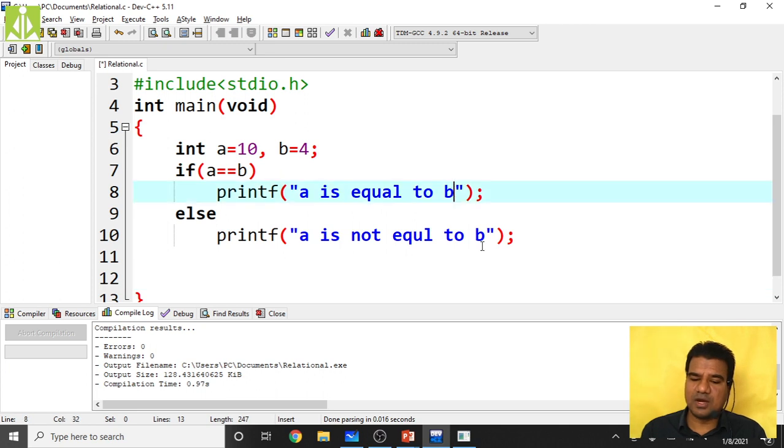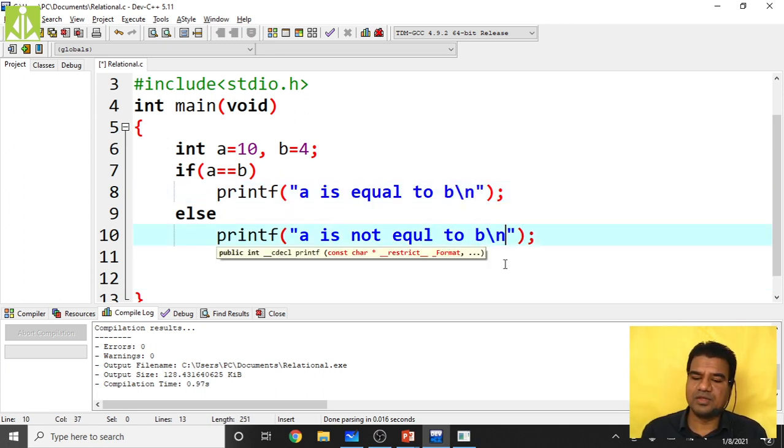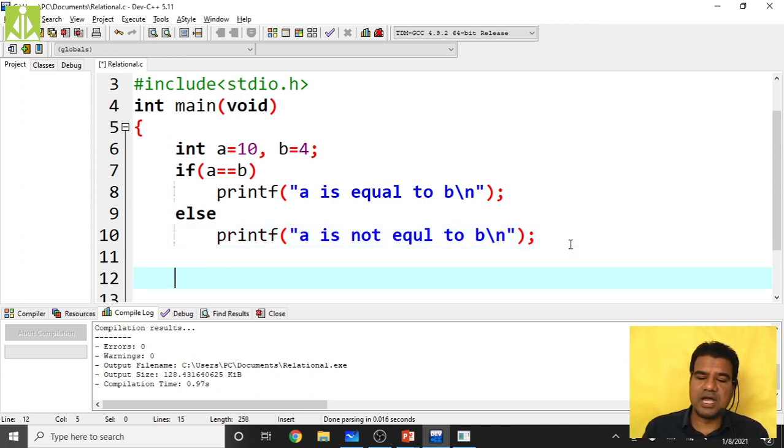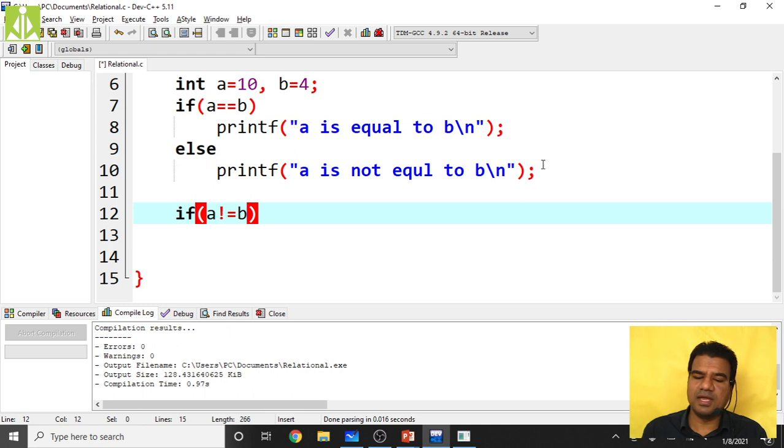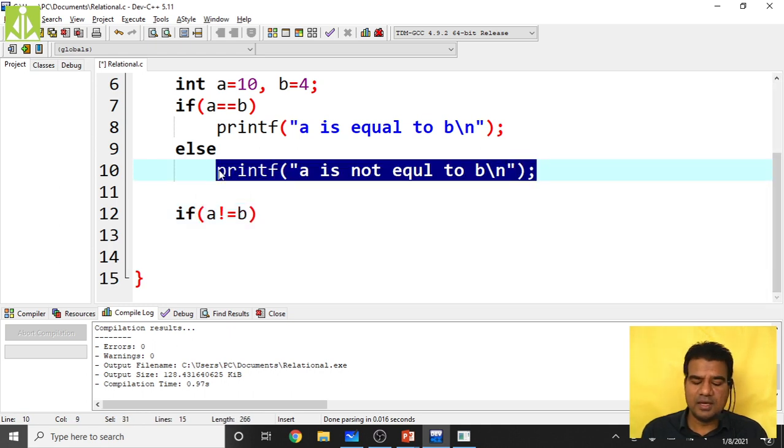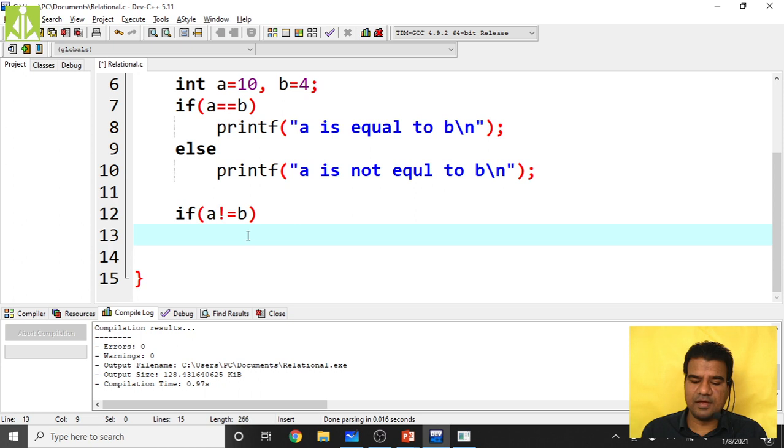Here, as we are going with multiple statements, put a newline character at the end of all of these. Then write another if statement: if a is not equal to b, you get the same message, "a is not equal to b", in this if block.